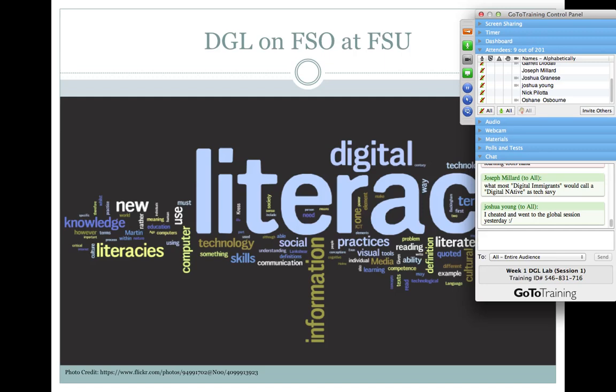Because people can learn how to use software. People can learn how to use the internet in different ways. But that doesn't mean that you're an effective digital citizen. So a big part of this course will not just be about the tools, but about this idea of digital citizenship, what it means to be part of this world